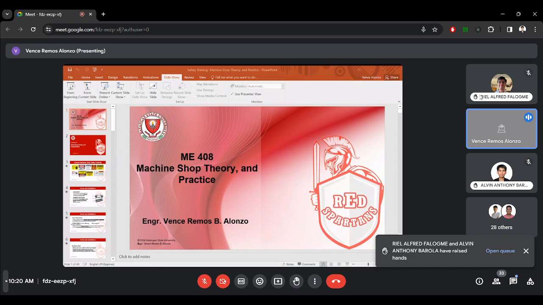So technically, because we will be dealing with the lathe machine, there's a lot of metal residue that might be possible to